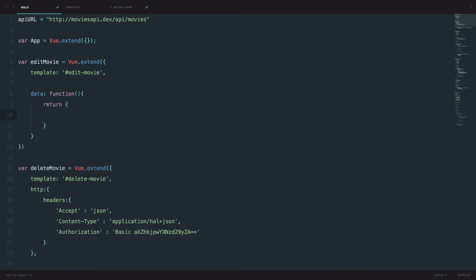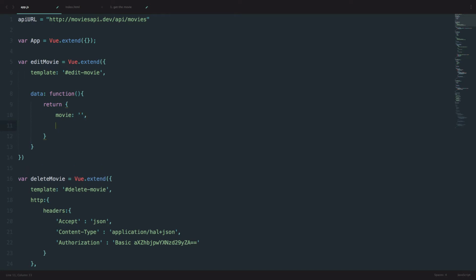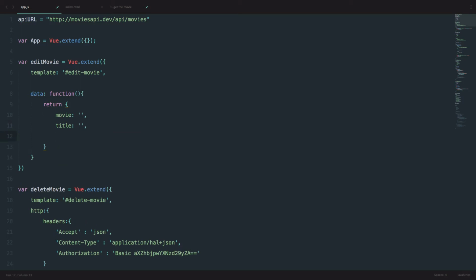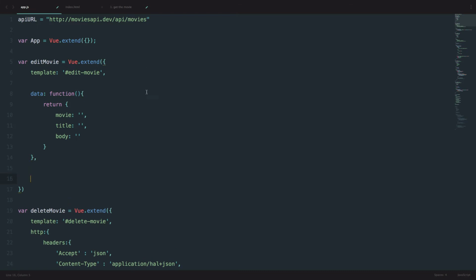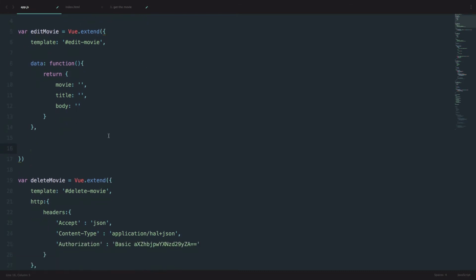and then we would have to define it. So we are going to be receiving movie, and we are going to be receiving a title, and for the last we are going to be receiving body. Okay, so that's the data that we should receive, and the next thing is actually we have to create a